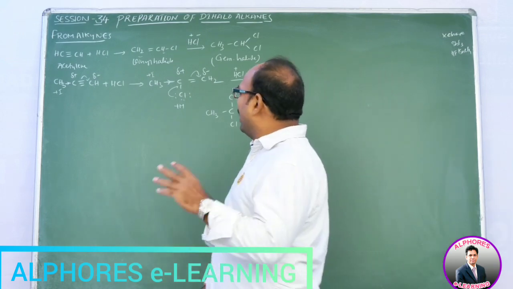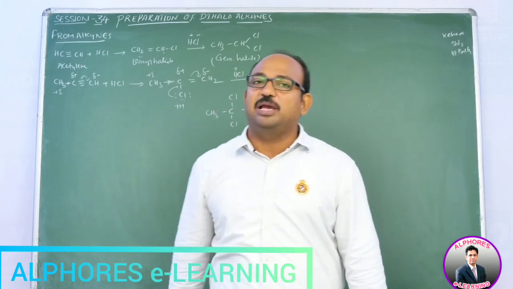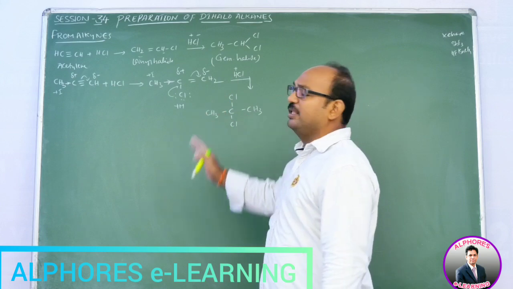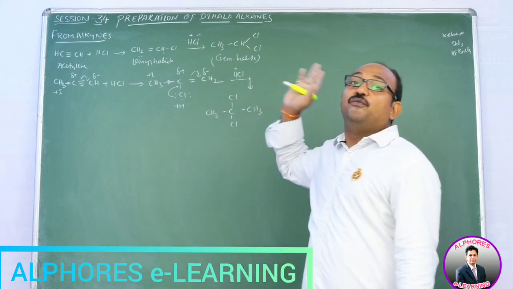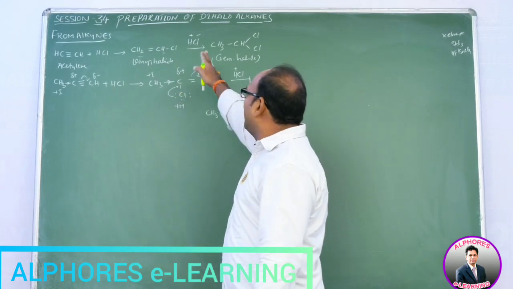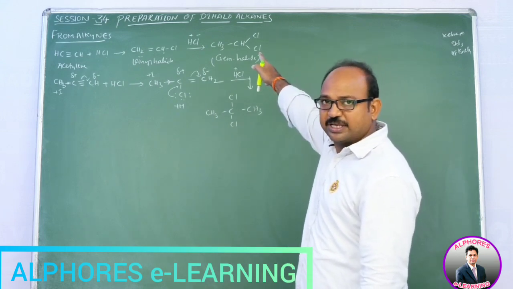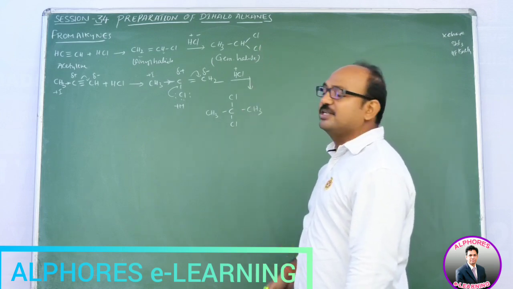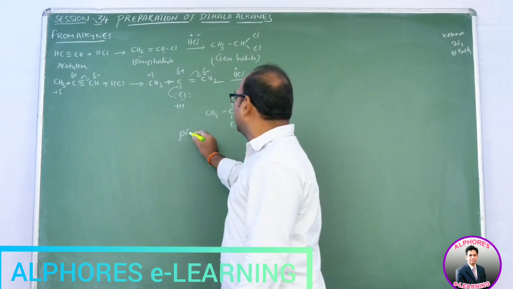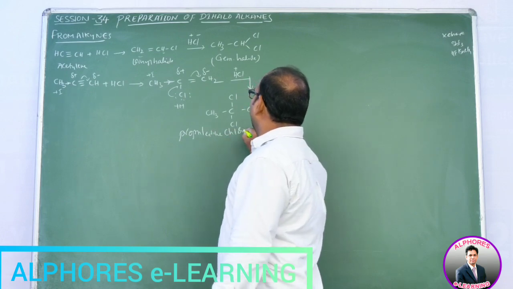So simply, when we are adding hydrogen halides, whether it is HCl or HBr, by addition to alkynes, first it converts into alkenes, and those alkenes are nothing but vinylic halide derivatives, either vinyl chloride or vinylic halide derivatives, which upon addition of HCl give gem dihalides: 1,1-dichloroethane in the first case, and 2,2-dichloropropane. It is also called propylene chloride. That one is ethylene chloride, and this one is propylene chloride. So we can prepare like this.